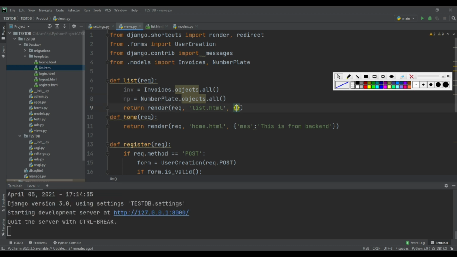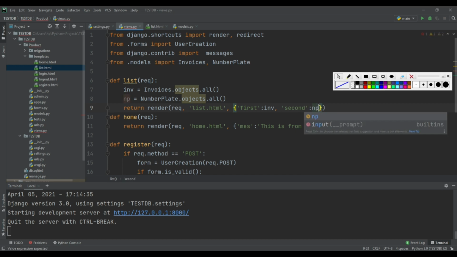So inside the context, first one is invoices and second one is number plate.